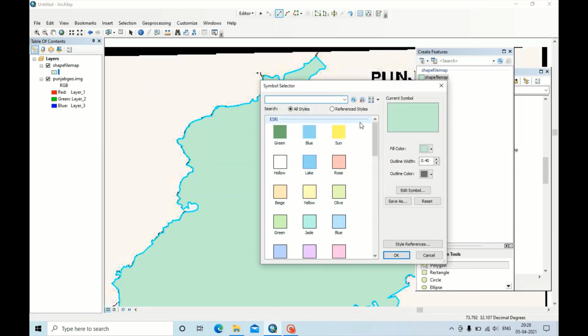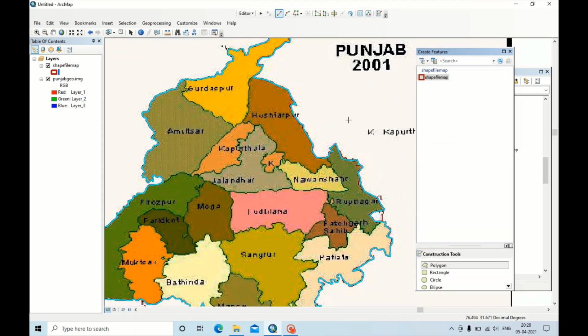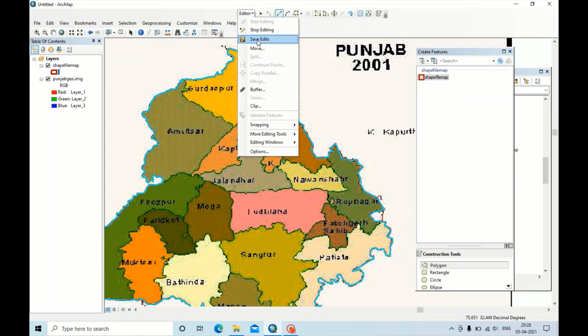You can fill as no color and give the boundary maroon or any other color. Now you can save edits.